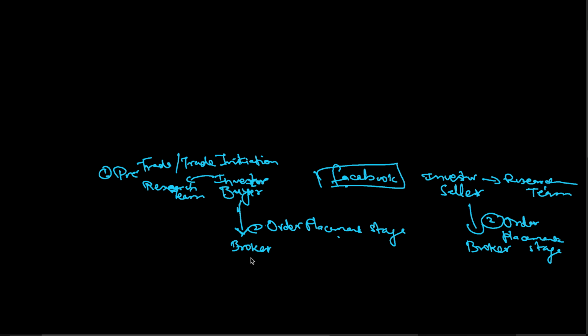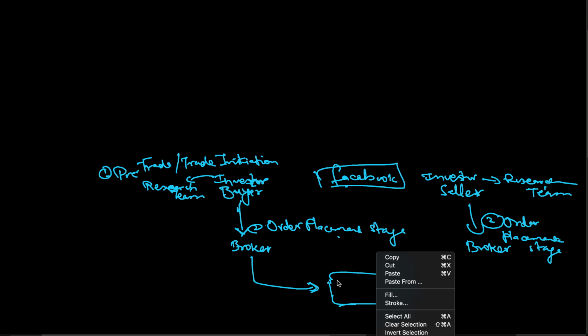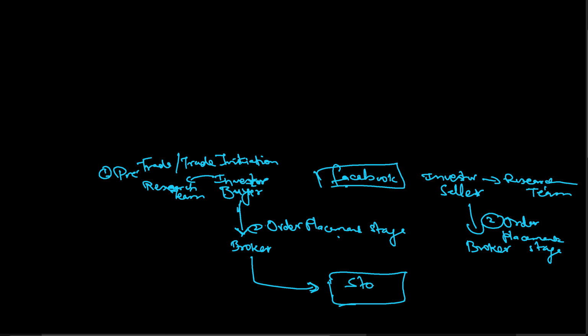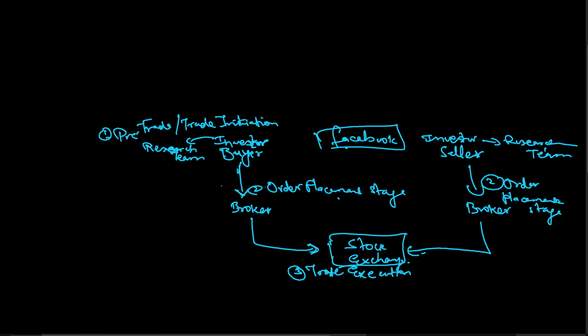The broker will punch in all the details into the system, and his platform will check in the stock exchange if there is any order that matches with his order. Once it gets matched, it will happen through the stock exchange. Once it gets matched, it goes to the next stage called the trade execution stage. Trade will get executed. Trade execution stage. So the first step happens on T plus 0